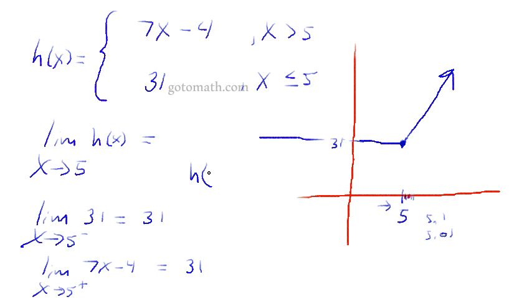Things that you have to look for: for example, we got to test h of 5. Well, h of 5 was 31, and then of course we looked at the limit right here, and the limit actually is 31, because both of these numbers are the same. I should have already stated that. Since that's 31, that's 31, then the limit is 31. Well, this exists and it's 31. This exists and it's 31. They're both the same number. Therefore, it is continuous at this point, and therefore it's continuous on the entire